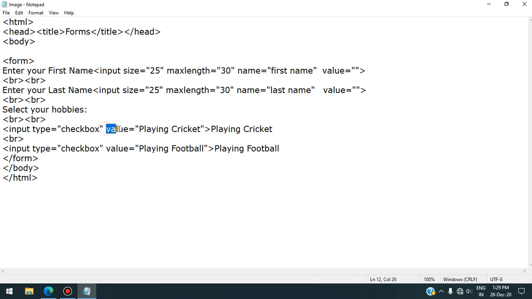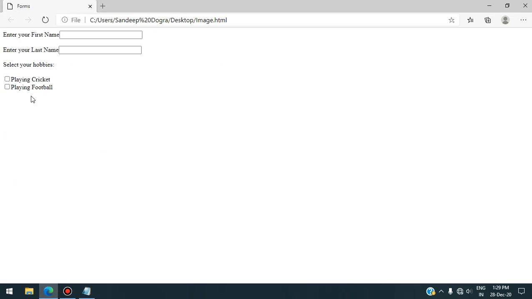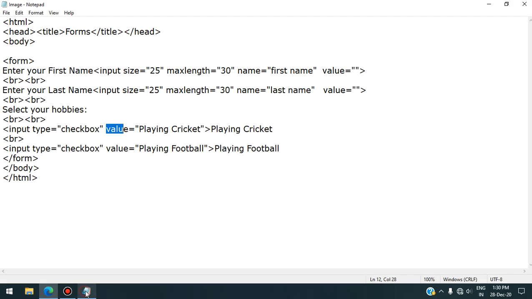And we had also discussed the value attribute of the input element, or we can say the tag, to assign a value to the particular input element. Now let us discuss the next input element, that is the radio button. Last time we had created this input element and the two checkboxes during the online class. Now next is